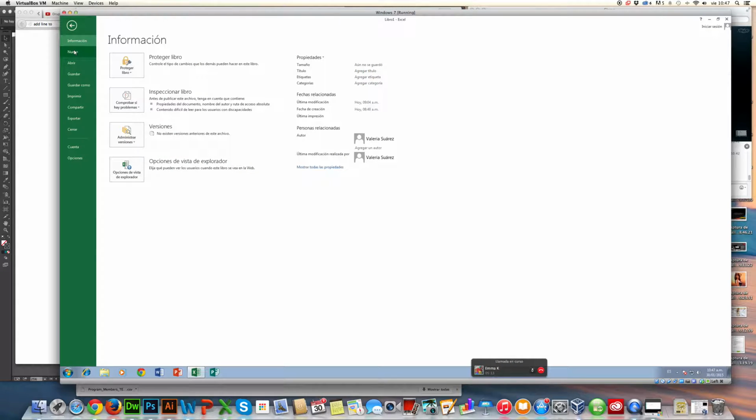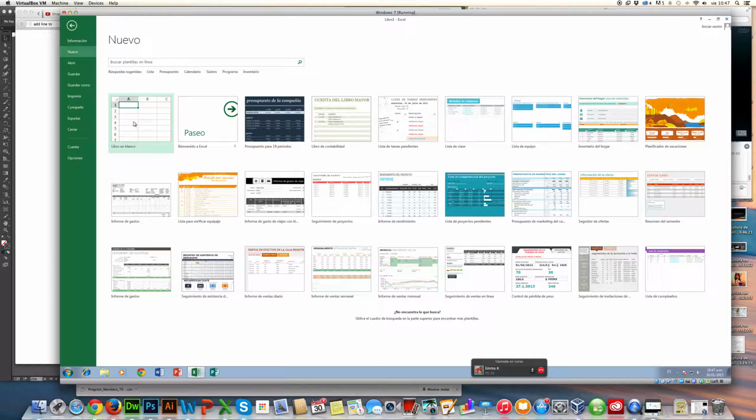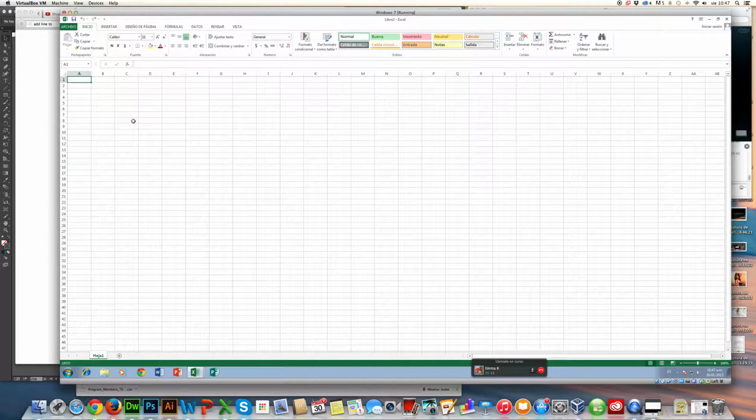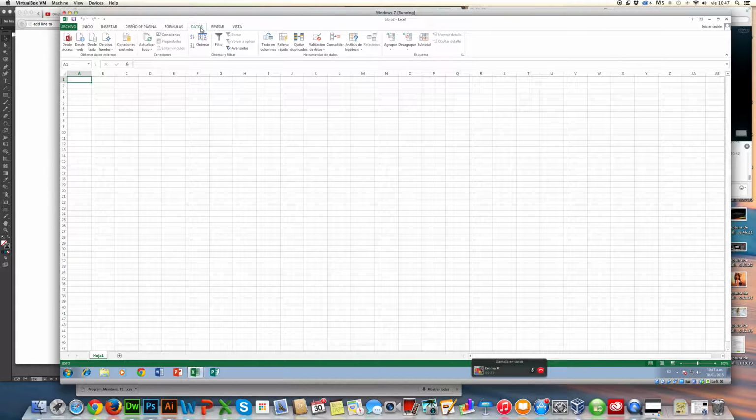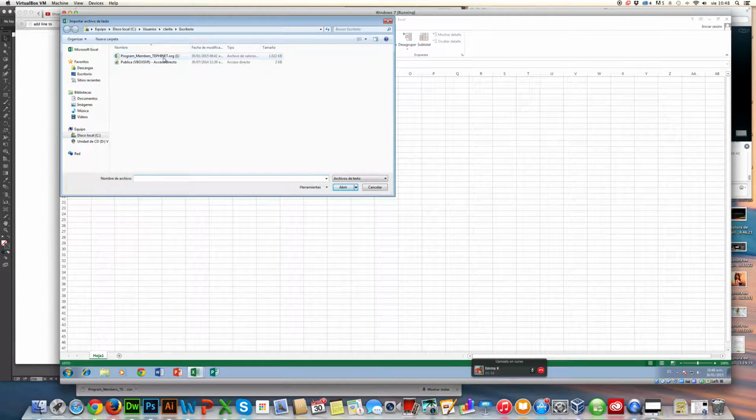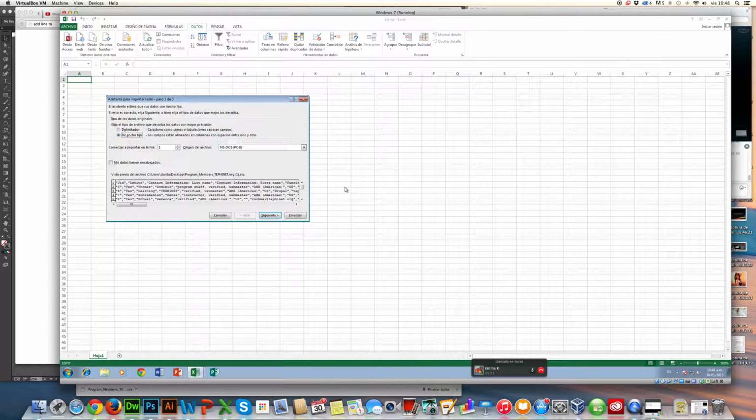First of all, I created a new blank Excel file. I went to the tab Data. Mine is in Spanish, but it's the same. Here in Data, you go to From Text. You look for the file, in this case this is mine. By default you have the text file option here, but please check that you have it. You import it, and